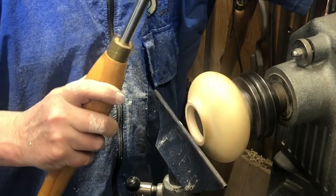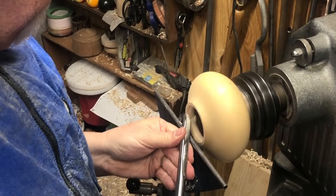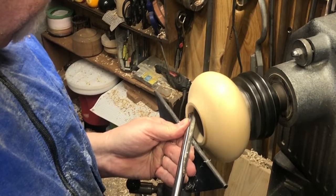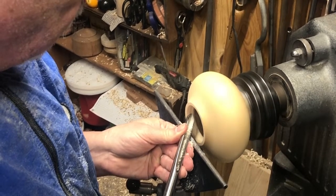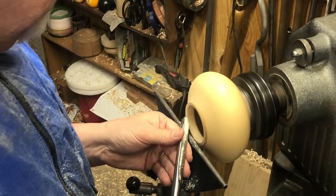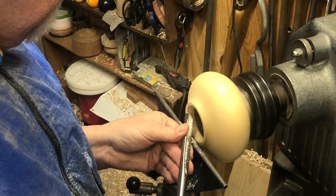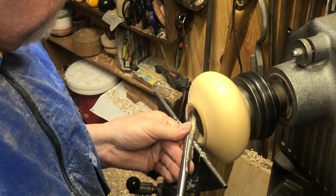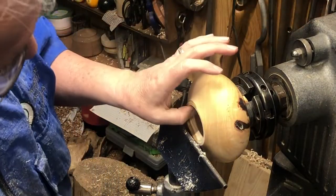Let's get a little more speed. There we go. Pass. I'm just cleaning this up, just barely doing anything with it. Let the tool do the work. Let's see what we got here. Oh yeah,